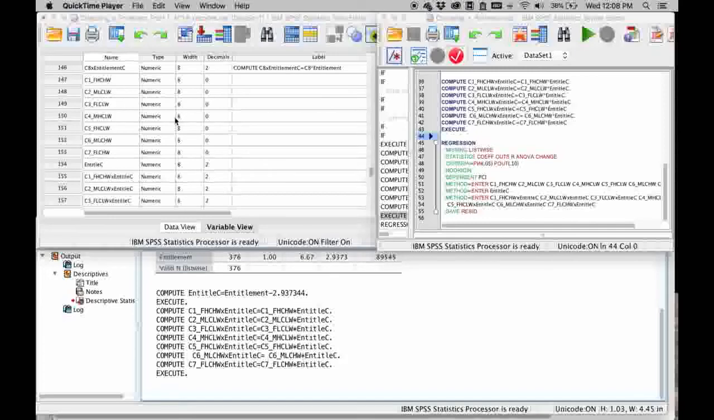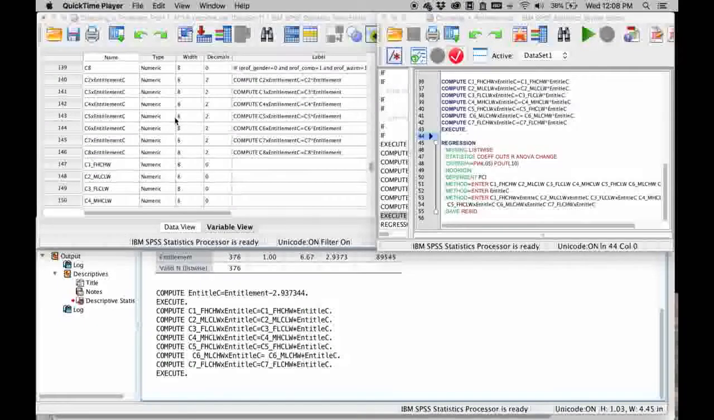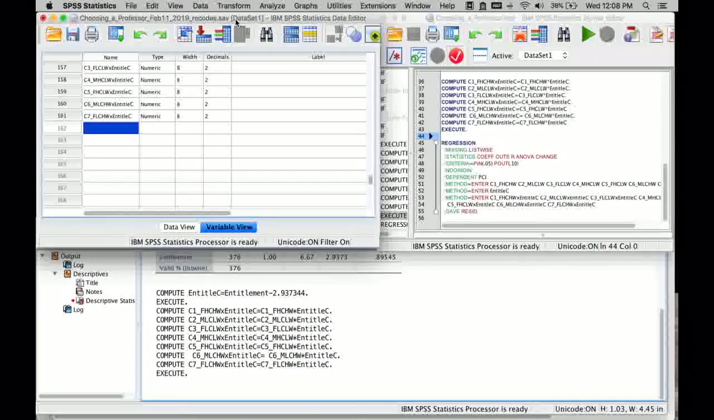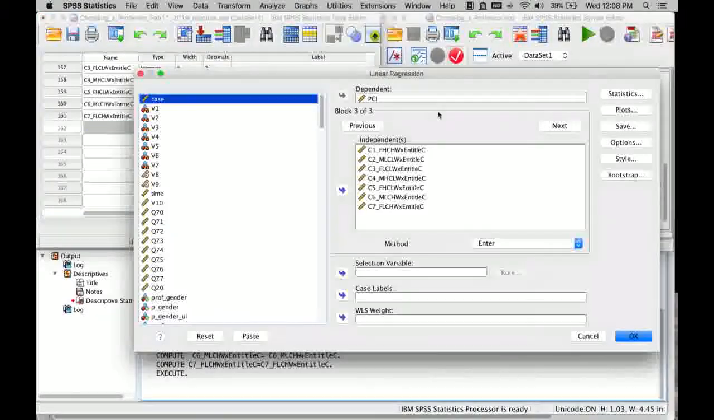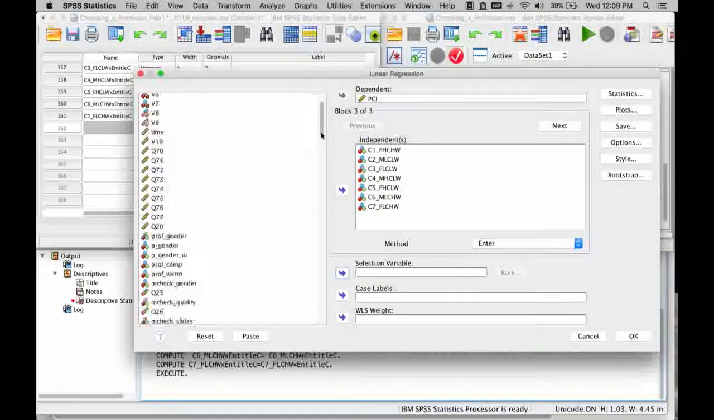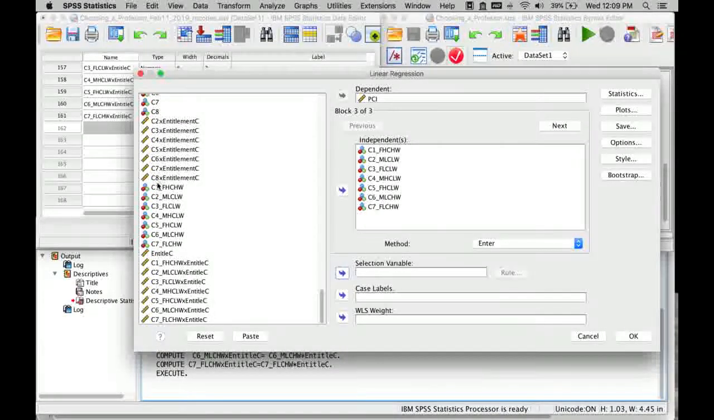So I'm just going to go over how to do the regression again, just in case you need help with that. You may not, but just in case. So to do the regression, you go to regression linear, and I've already put the PCI variable, which was interesting to us. In the first block, I added all of the code variables that we created. So these 7 variables here,